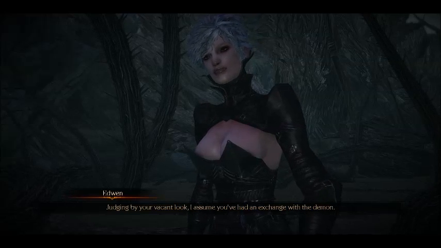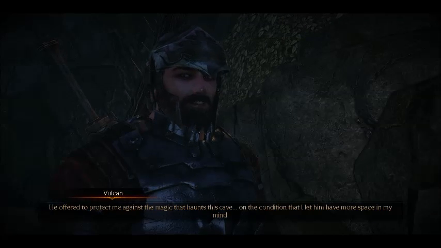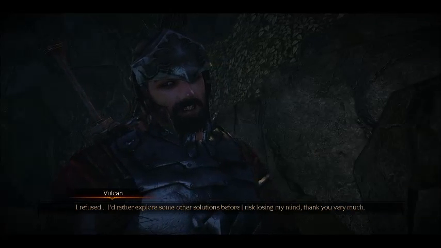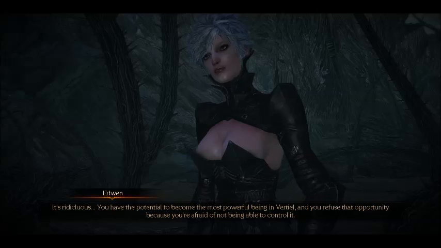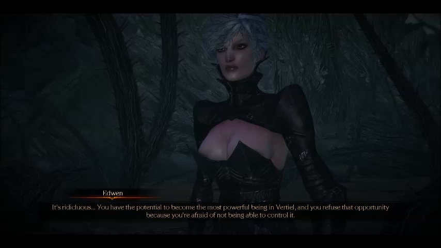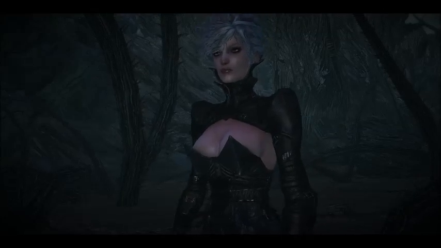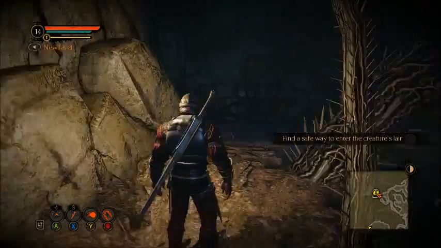Judging by your vacant look, I assume you've had an exchange with the demon. He offered to protect me against the magic that haunts this cave, on the condition that I let him have more space in my mind. And? Did it not work? I refused. I'd rather explore some other solutions before I risk losing my mind, thank you very much. It's ridiculous. You have the potential to become the most powerful being in Vertial, and you refuse that opportunity because you're afraid of not being able to control it? No, I'm more afraid everyone else is going to try to come after me. Powerful with the passing of each hour. He says undergo some physical transformation, so I'm wondering if this physical transformation